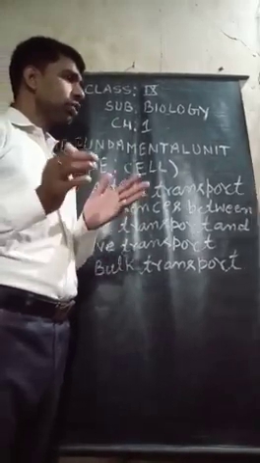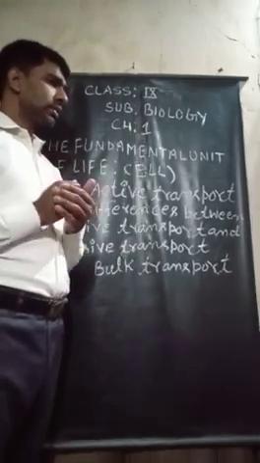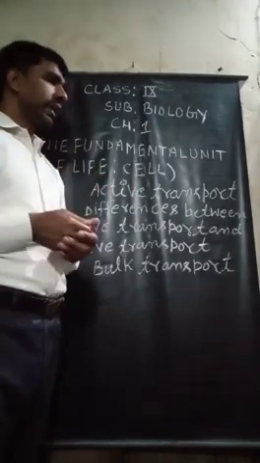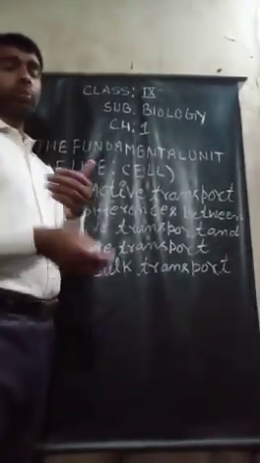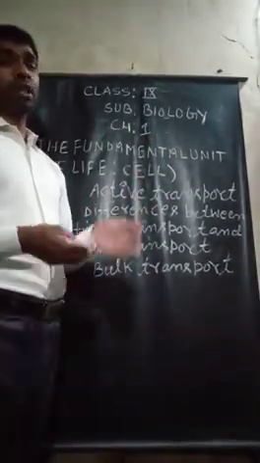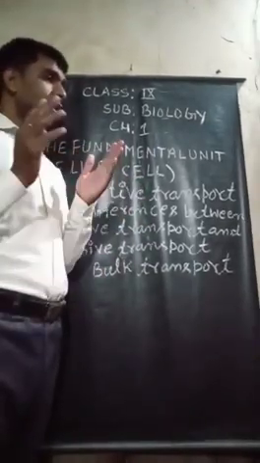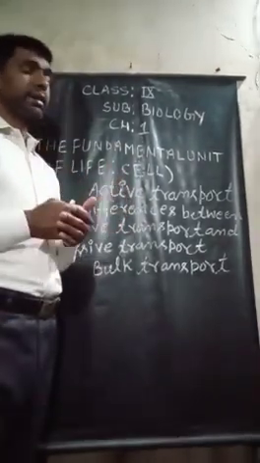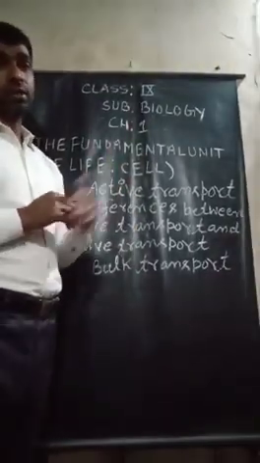It is the most common method of salt absorption in plant cells. In animal cells, it occurs for some ions, sugars and amino acids. So what material will be transported in the process of active transport? Salt absorption in plant cells. In animal cells, some ions, sugars and amino acids are transported by this method.